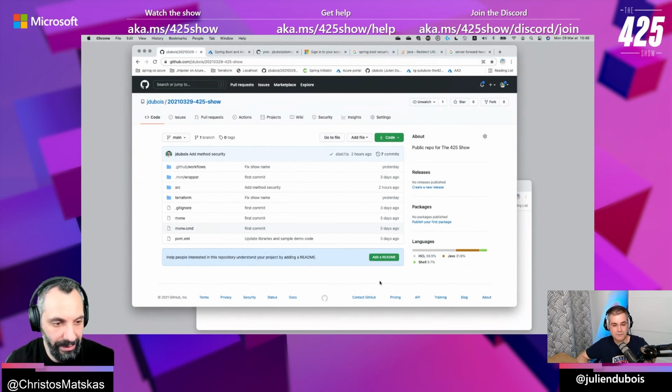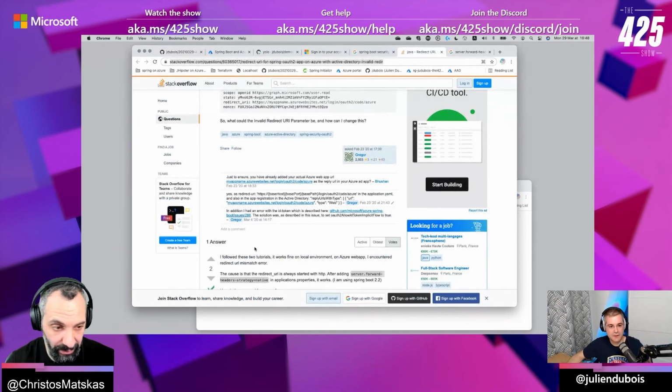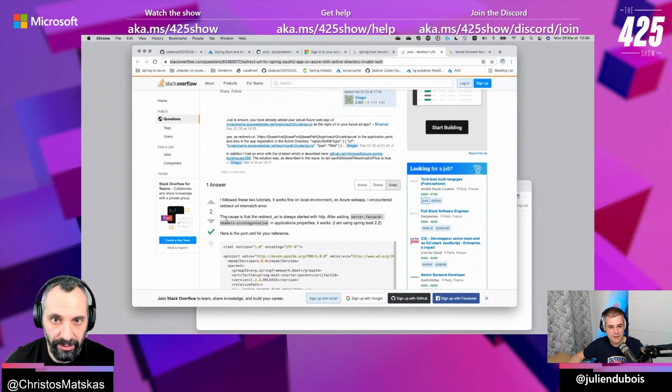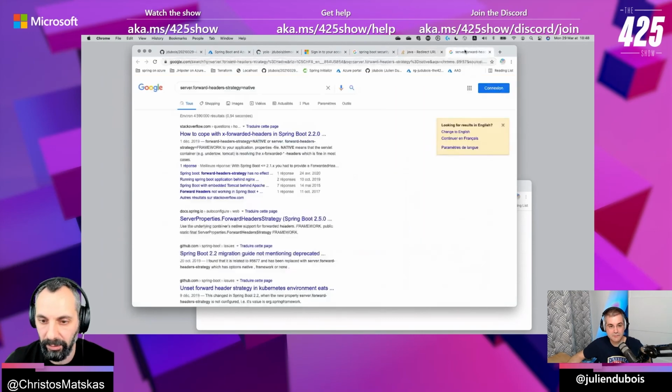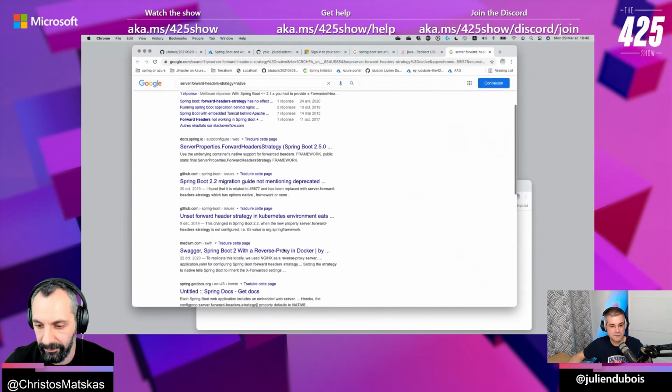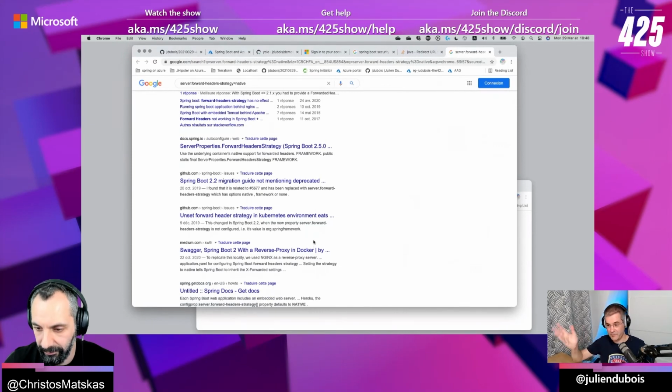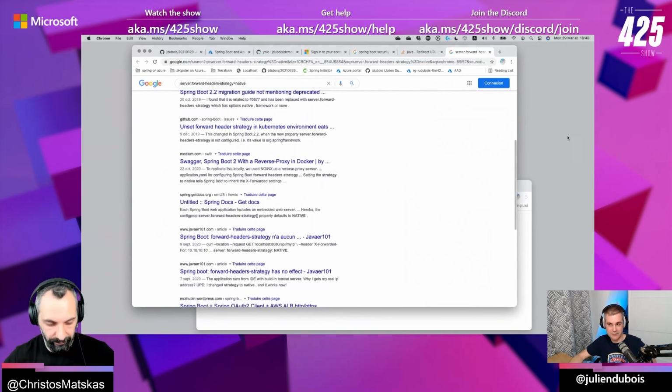Yeah. So I suspect that it has something to do with the Azure Web App environment, that it was trying to redirect to either HTTP, based on what I saw there on Stack Overflow, or something else. But again, I find it extremely weird that we came across this issue. But it's good that we were able to resolve it and fix it. Yeah. I'm also very happy to finish with something working, and I'm very interested to have a look at this parameter and better understand why we had that issue. And if it's always the case, or maybe we were unlucky for some reason.